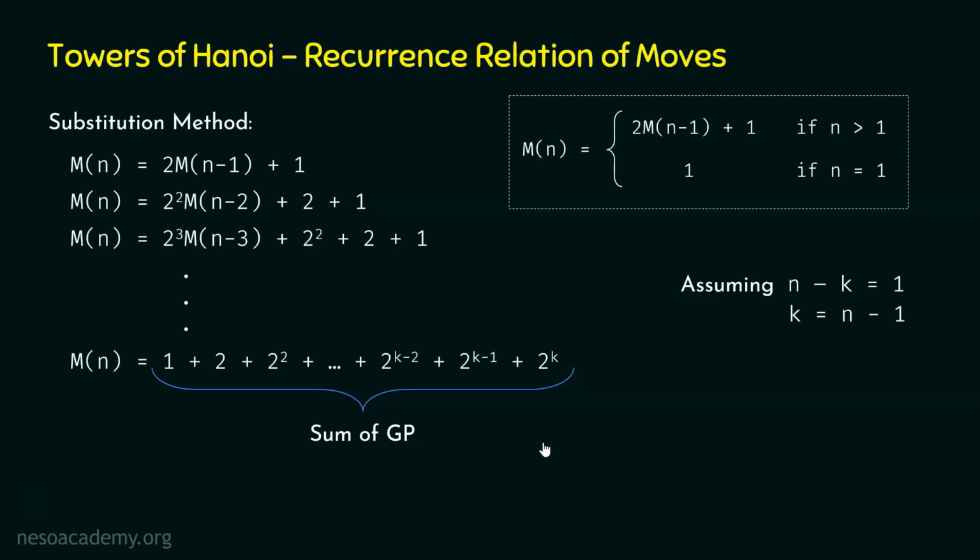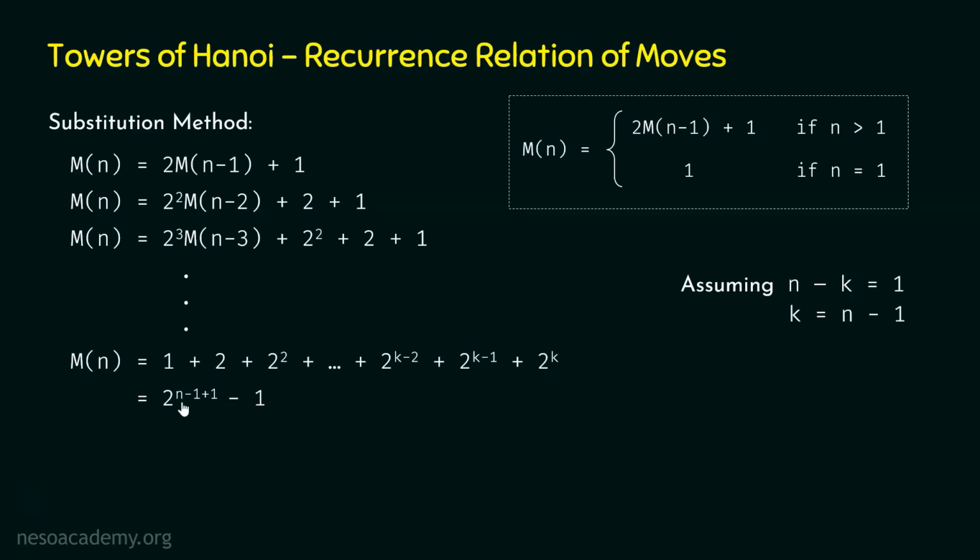In the numerator, we have 2 power k plus 1 minus 1, because n will be replaced by k plus 1 and r will be replaced by 2. So we will get 2 power k plus 1 minus 1 like this. Now we can replace k by n minus 1 easily. After replacing k by n minus 1, we will get 2 power n minus 1 plus 1 and then minus